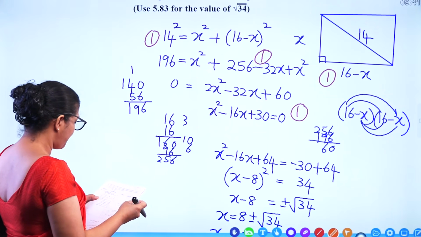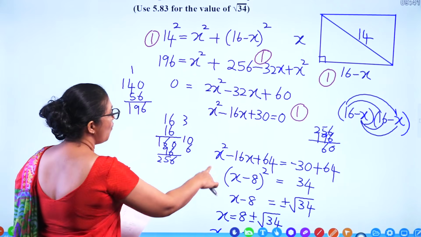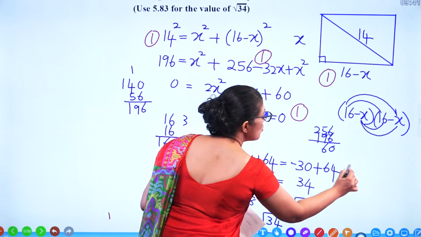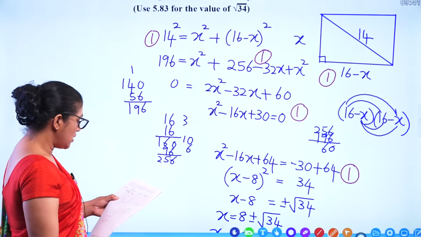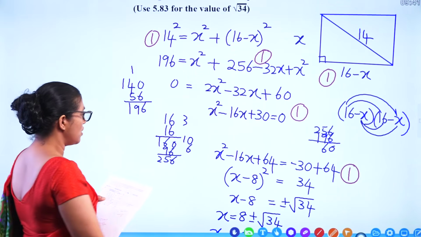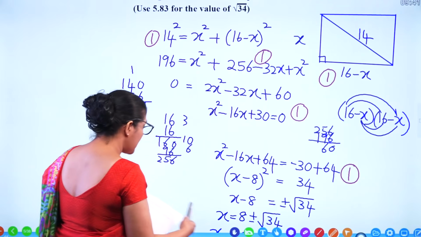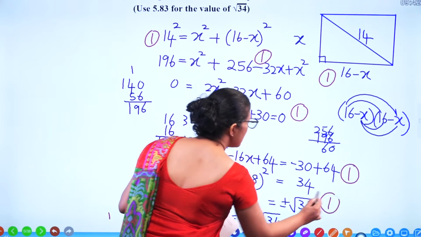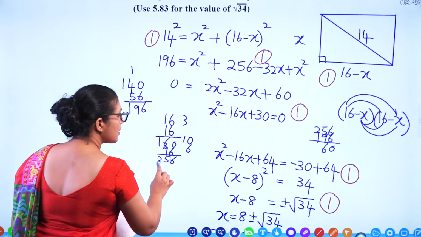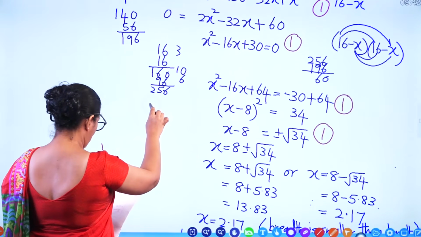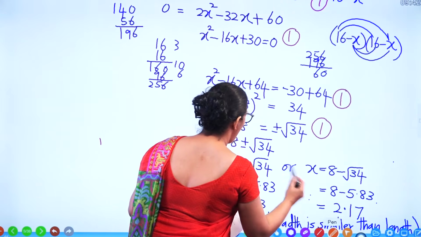And then you get 1 mark for this step. Using the completing square method, take the square root up to this point. Before taking the square root, 1 mark, and taking the square root, another 1 mark there. Then 2 possible values, 1 mark,